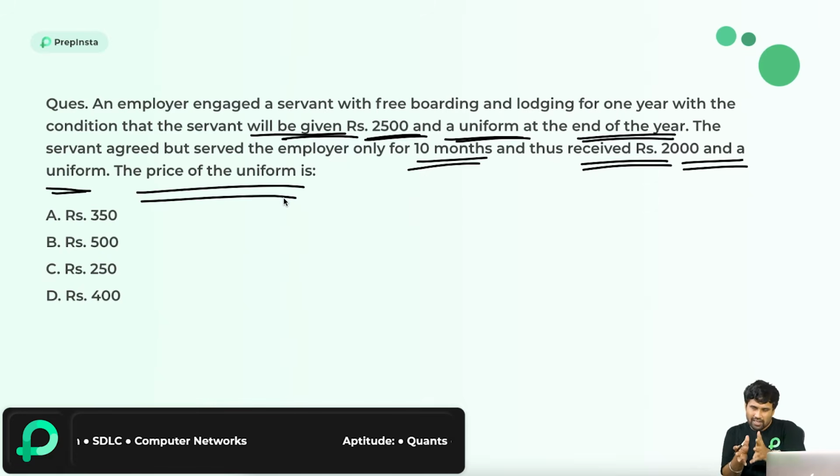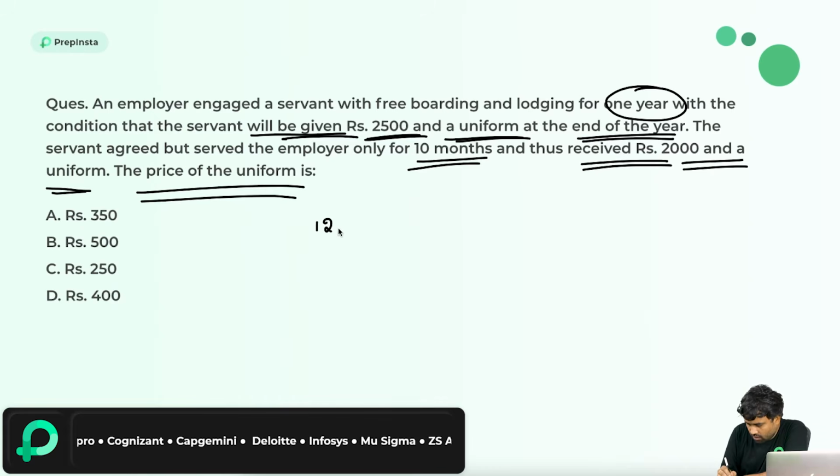Apart from the unnecessary data, just focus on the required data always. They tell a story like that, and they will ask the question inbuilt in the storytelling. So always focus on the numbers and the logic you need to retrieve from the given data. So here, if you observe, if we work for 1 year, which is nothing but 12 months,